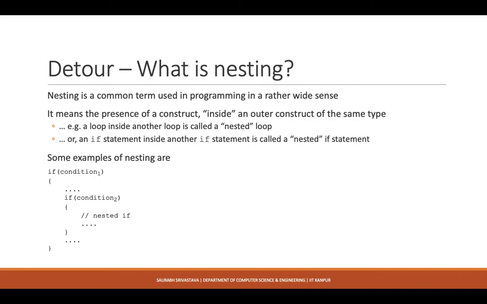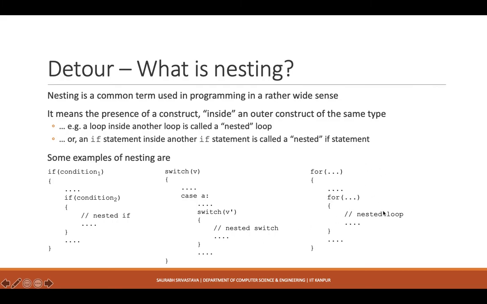Once you start studying object oriented programming, you will also hear terms like nested classes. So this is a very simple but very common example in programming, where we use the same construct within the same construct, something like this. So an if within an if is a kind of nested if, a switch within a switch is a kind of nested switch, and a loop within a loop is a kind of nested loop. So this is just to give you an example,